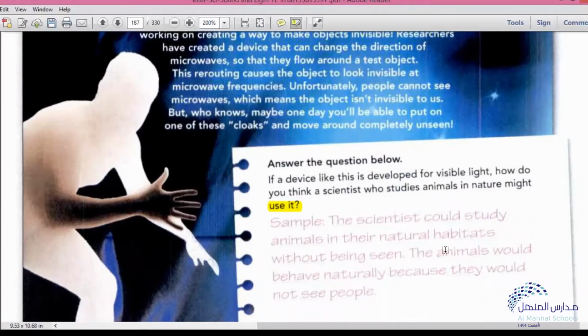Invisible means he will hide. He will not let the animals see him. The animals would behave naturally because they would not see people. If someone knows that someone is observing him or looking at him, he will not behave naturally. He will change his behavior. But if you want to observe anything without interfering, this thing shouldn't see you. This is the first question. Moving to the next page, page